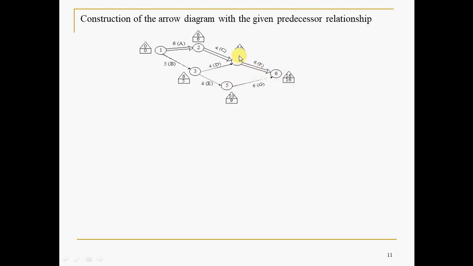If you go like this, square box value plus this, 10 plus 6, 16. Whereas if you go like this, 9 plus 6, 15. Whichever is higher, you have to fill in the next square box when there is more than one forward path. If there is a unique path, for example this one, only one path is possible, that is 0 plus 6, 6. Here there are two paths, like this or like this, whichever is more, that you have to take.